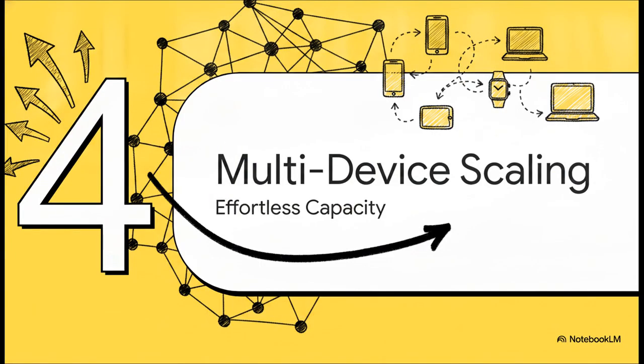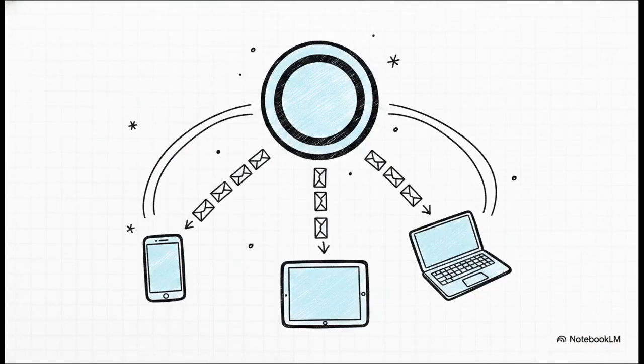Section 4, Scaling with Multi-Device Routing. Expanding your capacity effortlessly. Look, as your business takes off, your messaging volume is going to scale, right? And this platform is built to handle that weight flawlessly. By leveraging multi-device support, your IT teams can distribute these massive message loads across several different numbers, all from one centralized hub. You link multiple numbers, manage them in a single workspace, and route large-scale blasts without hitting a single